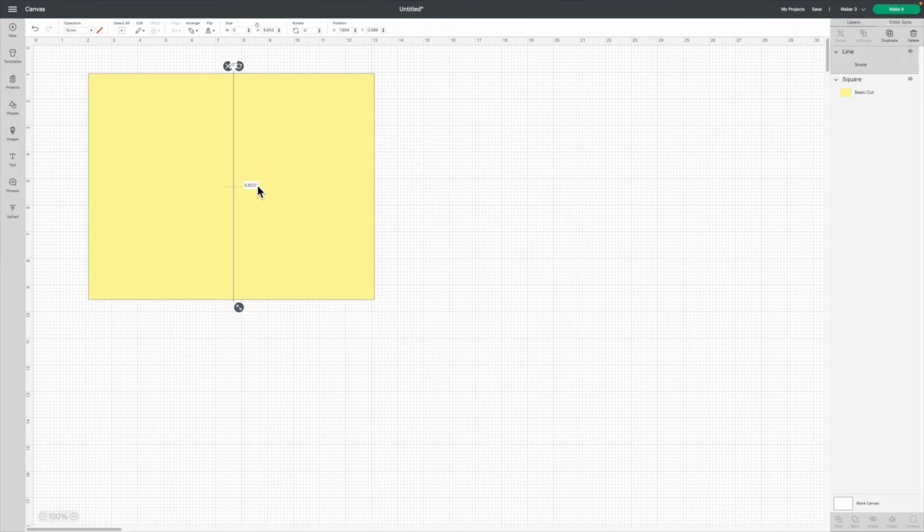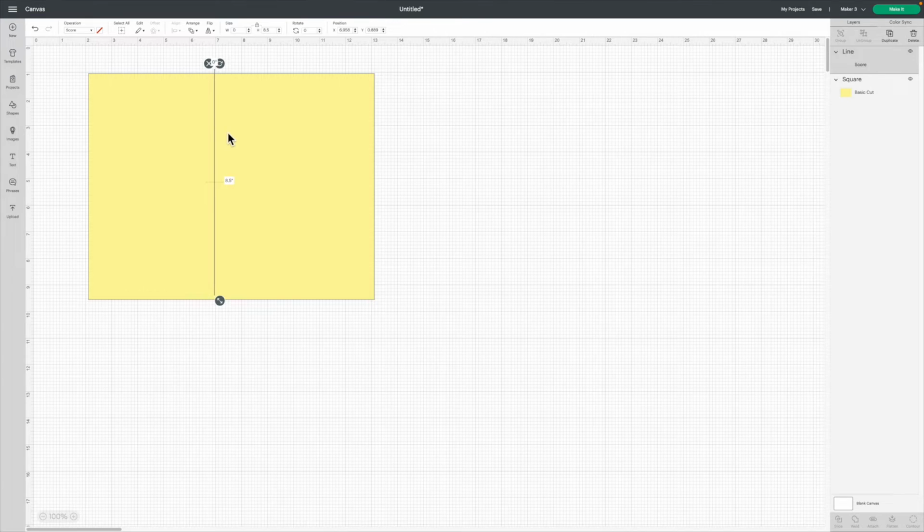Go back up to height and width with the score line selected and change it to the same height of our card. Height, let's make it 8.5. There we go, inches. It can be difficult to align it directly in the center, so when folded, the card edges line up.